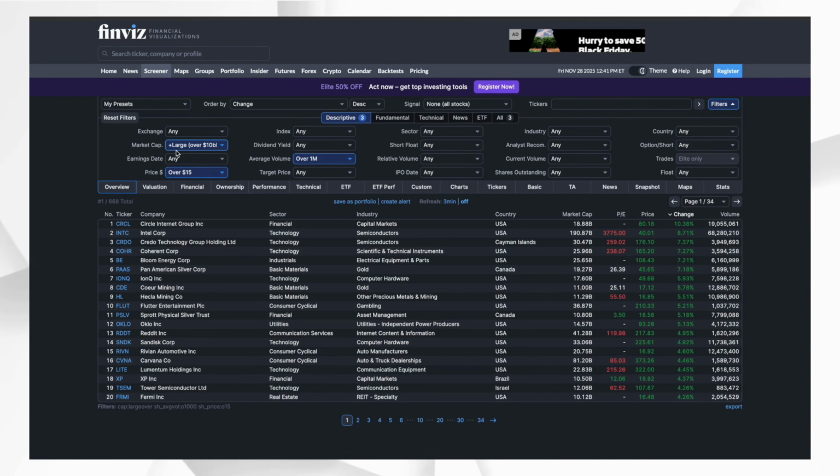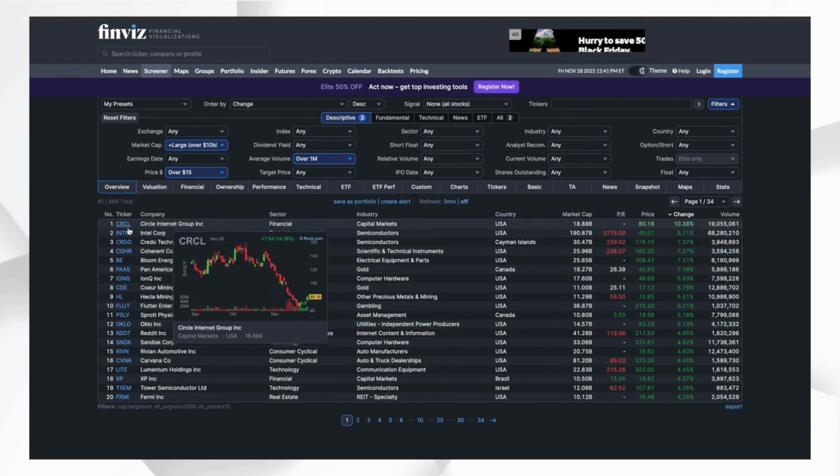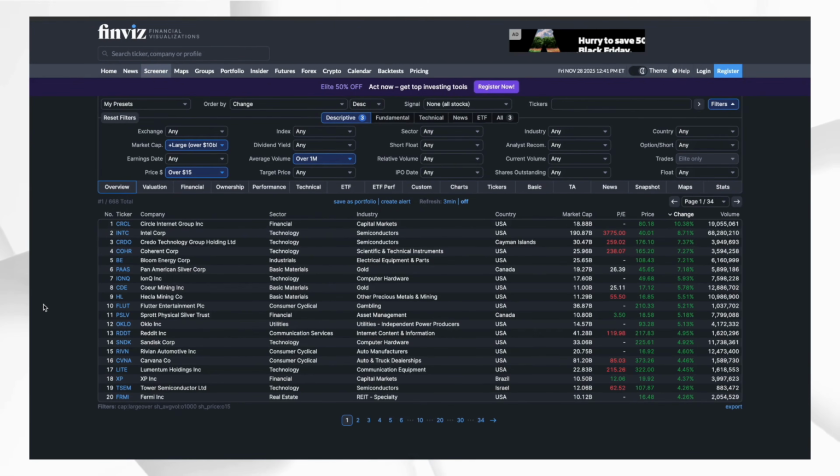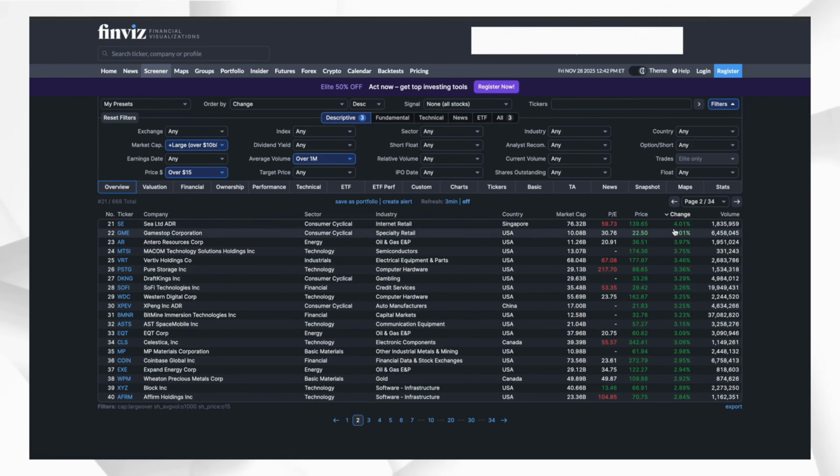So I'm going for a large market cap over $10 billion, price over $15, and average volume over 1 million shares, sorry. Now, usually that pops up quite a few tickers, and obviously I'm not going through all of them, so I'm going to filter them by the up move for the day, and see where the most recent up move of up to